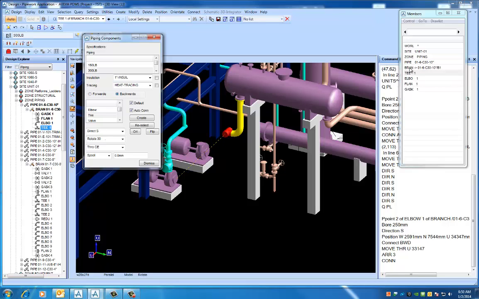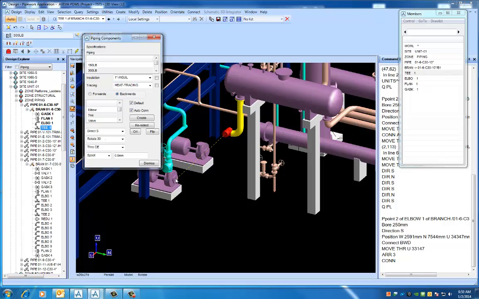If I go to backwards, now we're in backwards to forwards, which is why I like this window, because I can see exactly the order I'm working in. When you start going backwards, it gets pretty confusing only using the Design Explorer, so that's why I like to use the members list. Okay, so we are in backwards mode,